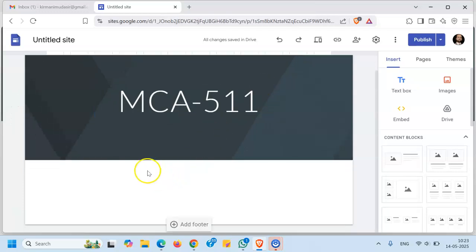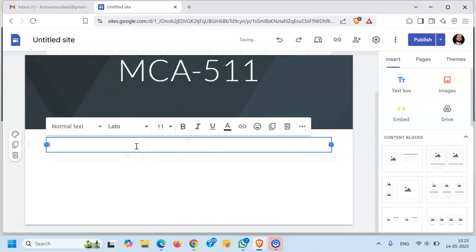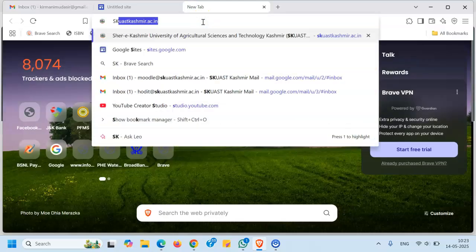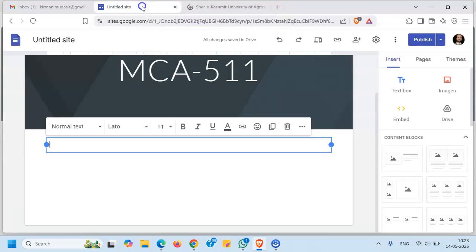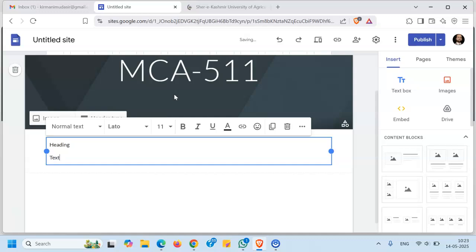If I want to add content to this particular page, I can simply click on a text box, which will be displayed. Let's suppose I'll write something about SCOST Kashmir. In order to have content, I'll simply write scostkashmir.ac.in, or for that matter you can use any of the websites. But to be very precise, as the course belongs to scostkashmir.ac.in, I can use the content from over here, or I can use content from some other place. So let me write a heading over here. Heading in this particular fashion, and then after that a text, a running text,